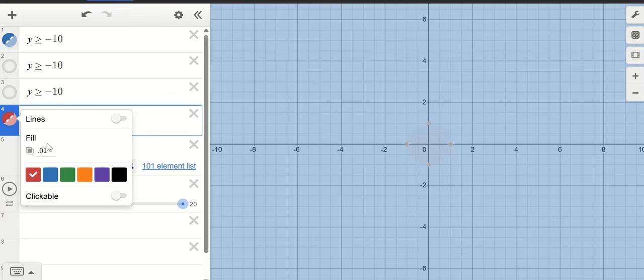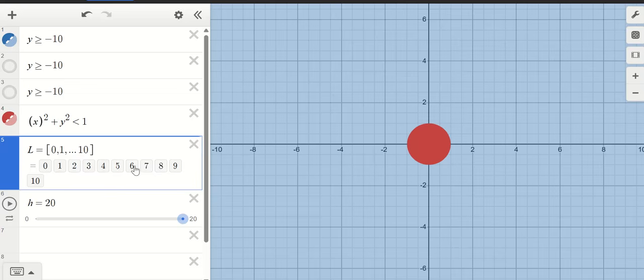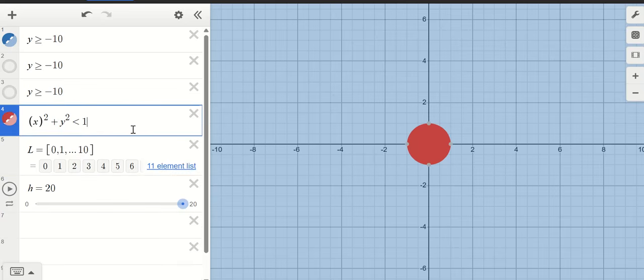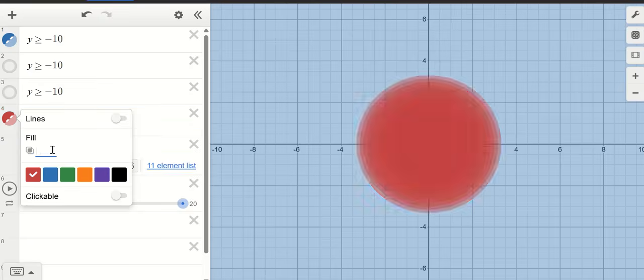which could be like suns or anything that I want to glow, any light, anything like that. So right now we have a circle, right? And I have my list down here. So if I make a list of 11 elements, this is just 0 through 10, and I add this list to my circle definition, then it makes a bunch of overlapping circles. So then if I make the transparency of each of them smaller, you can see that overlap more prominently now,